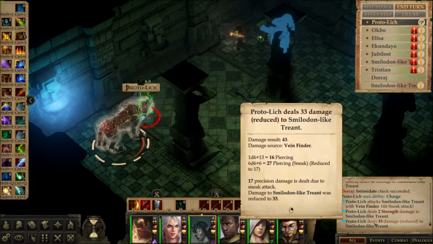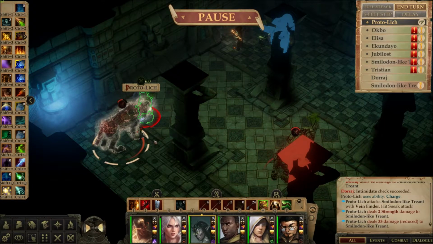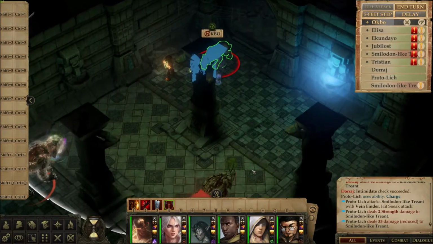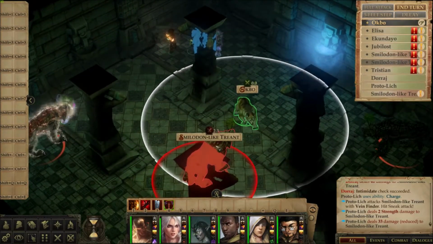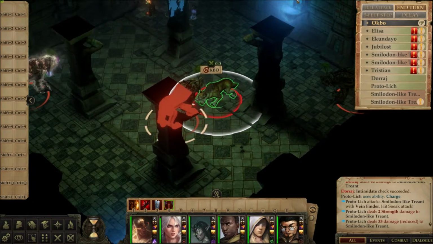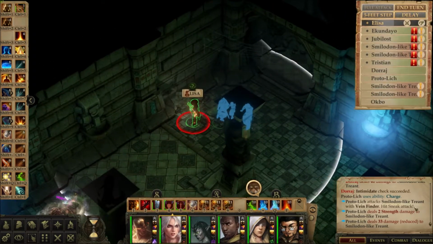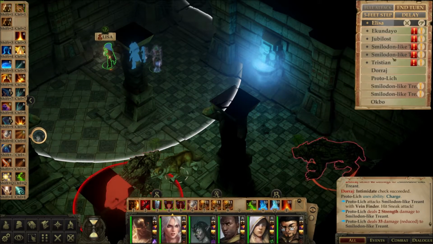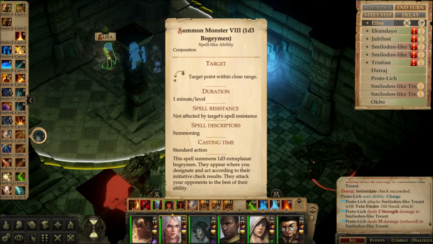How are we doing for damaging him? About half health. Okay. Oh, you can come over here and mess with this one. Oh god, there's 3 in the room. Jesus. Okay. We need to have pets out for this. Eliza, help us out here, hon. Do you have Bogeyman still? No, they're all gone. So I need you to cast...